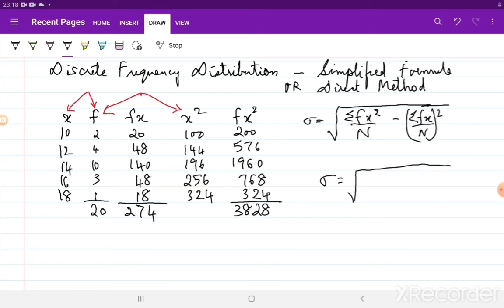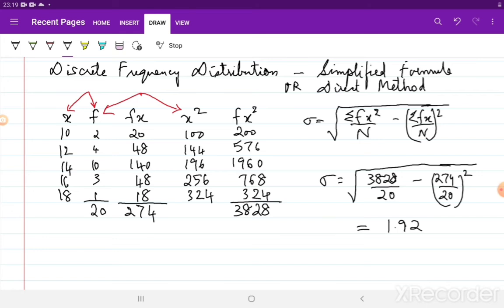So your sigma will be root under 3828 divided by 20 minus 274 divided by 20 squared, which, use your calculator and confirm. Okay, now